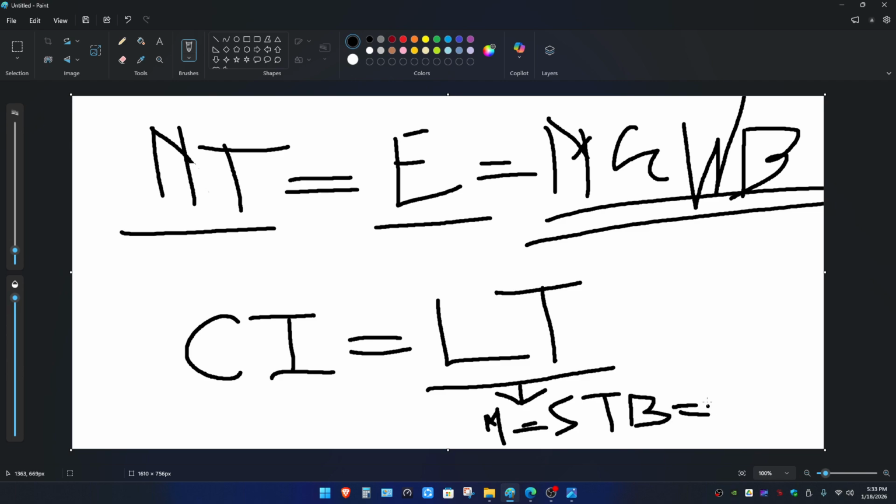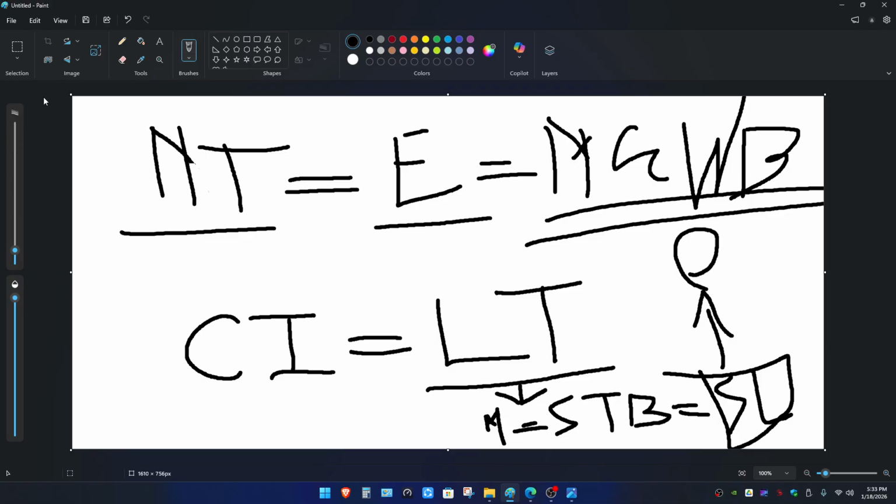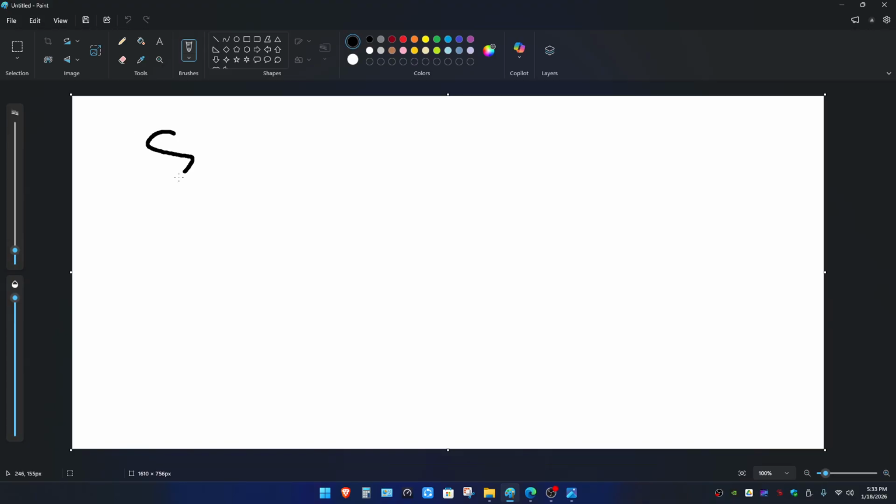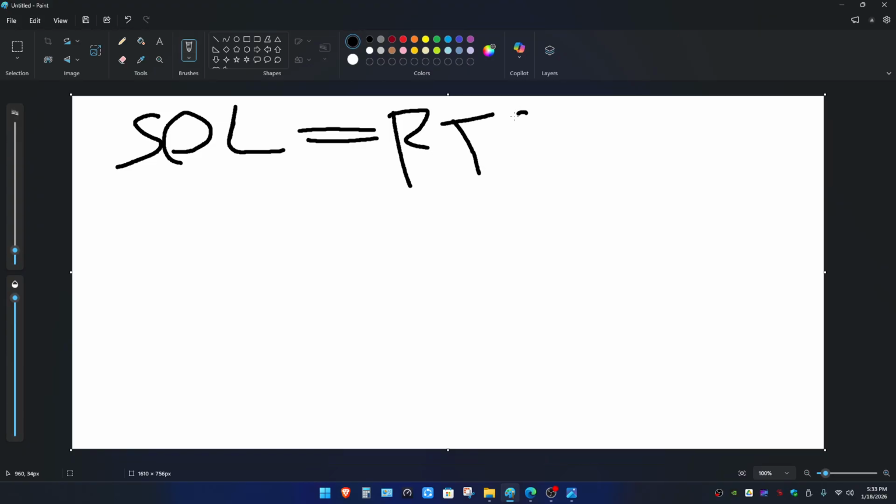That is why the speed of light remains the same for all observers. Okay. But what if I say that the speed of light remains the same for all observers